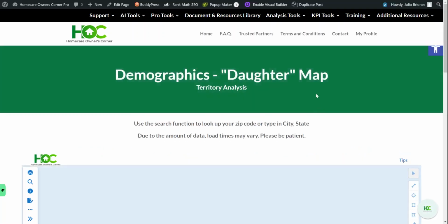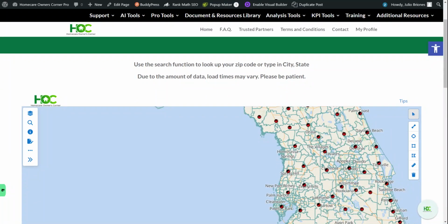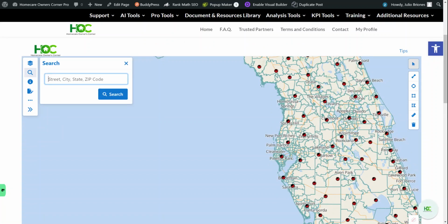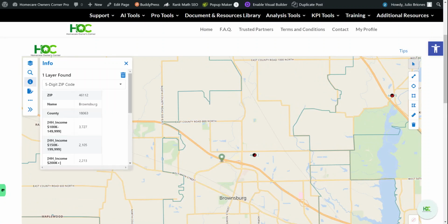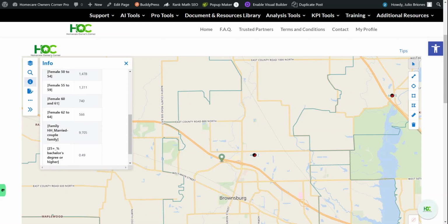So let's say you were trying to develop a marketing campaign to specifically target the eldest daughter, because research has shown over the years that typically the eldest daughter is the one that takes charge of people's health. Their parents, their spouse's parents. So what are we looking for? Well, what we are looking for are people who are a little bit higher educated, typically female because it's the oldest daughter. We are looking to understand that they live in neighborhoods that they can generally afford private home care. We are also looking for people who are married, because there's a higher likelihood of a woman